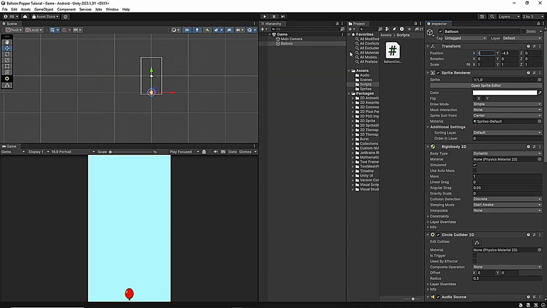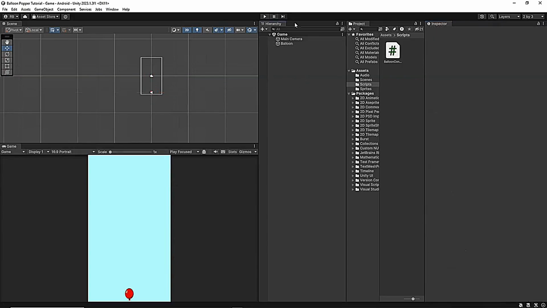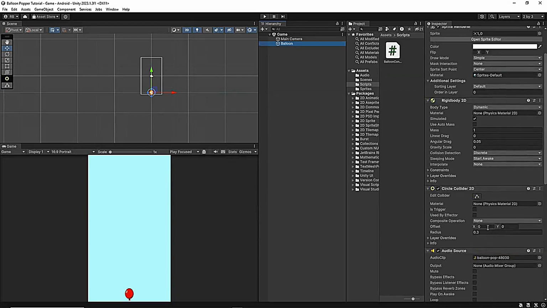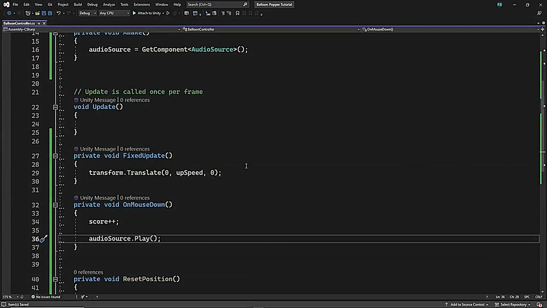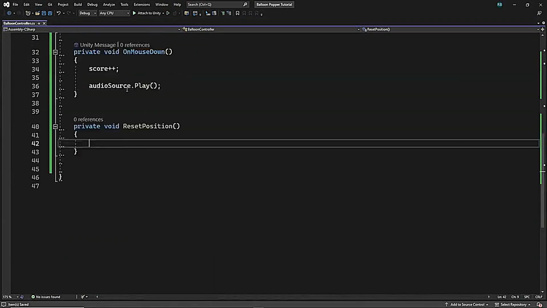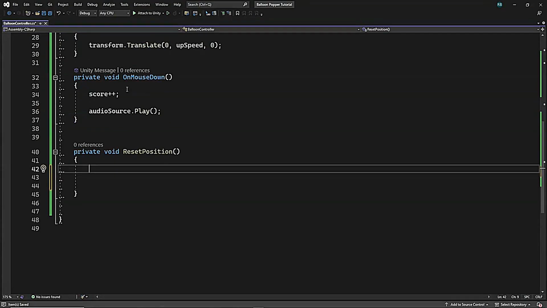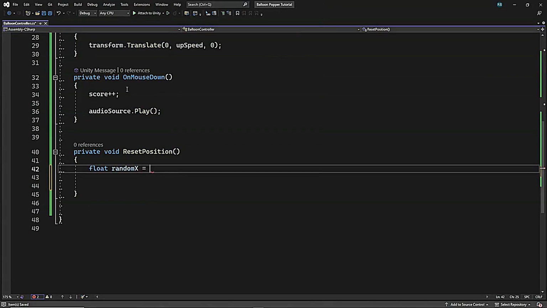So in the code, every time we tap on the balloon, we need to reset its position and also increment the score. Okay, so let's do that. Let's open up the balloon controller script. Here it is. All right. So now inside the reset position, first of all, we're going to create a random X position. So we're going to say float randomX equals